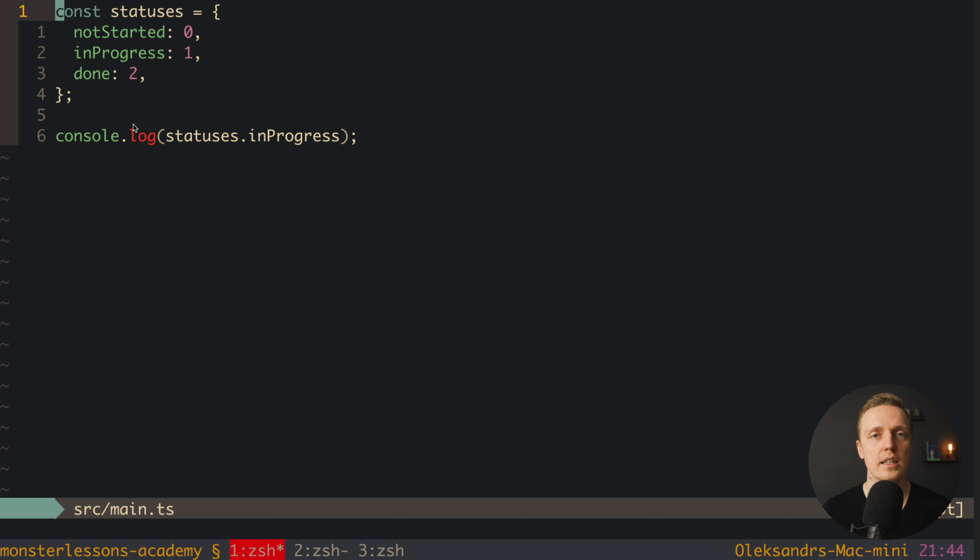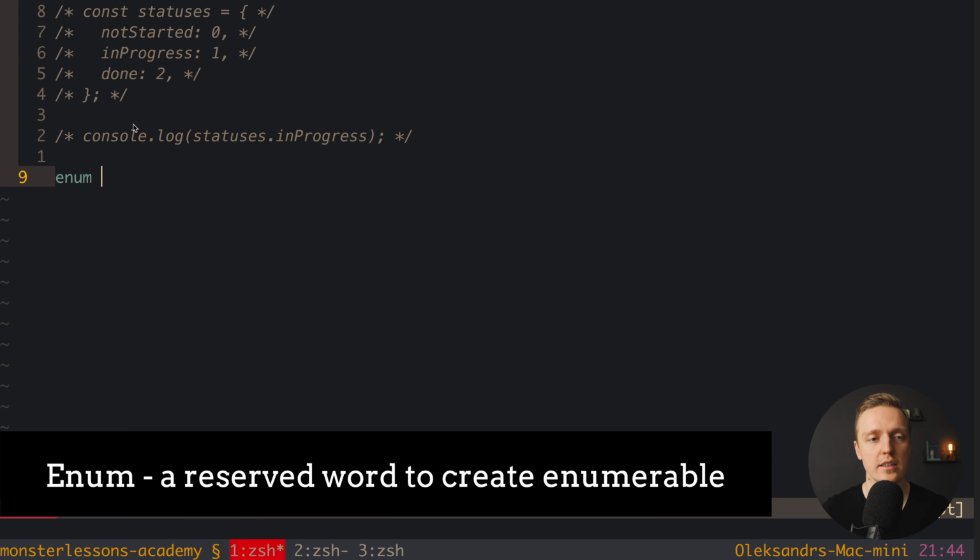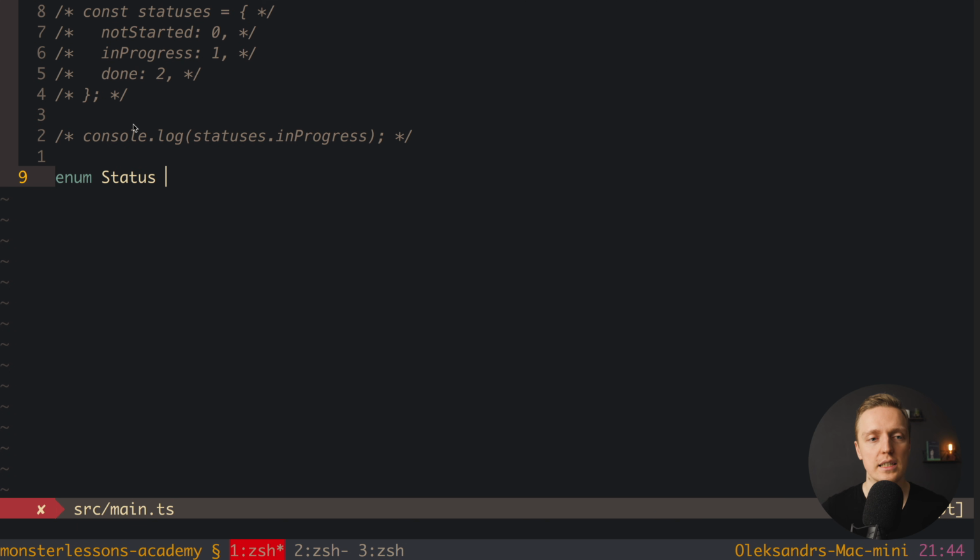Now we can try to write the same code using enumerables. This is why I will comment everything out and create an enum after this. enum is the reserved word to create an enumerable. We normally start enumerables with a capital letter, the same as, for example, interfaces. Here we provide an object, and inside we have keys and values in the same way as in normal objects.